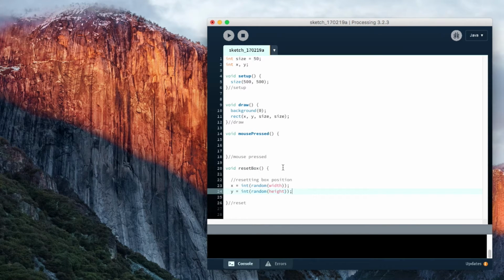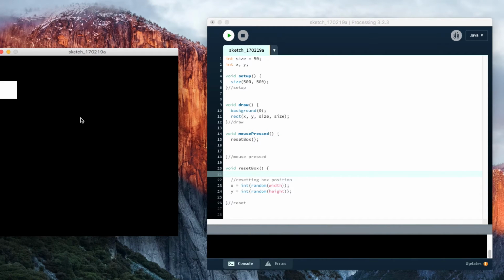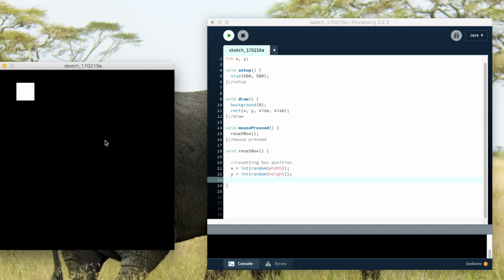And as we learned from our functions video, we know that x and y are global, so this will still interact with it in the exact same way, as long as we call resetBox in our mousePressed function. So now every time I click the mouse, it still resets its position within the space. But before we go on, we're going to add a little bit of tidying up code that is actually a really useful learning lesson. You can see that the random location, e.g. here, this will be like x 489 and y 100,